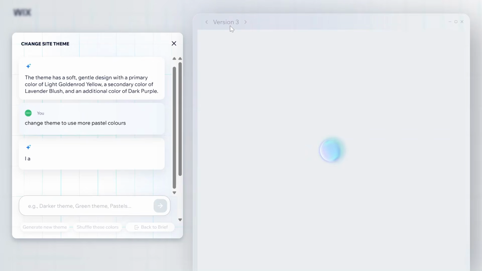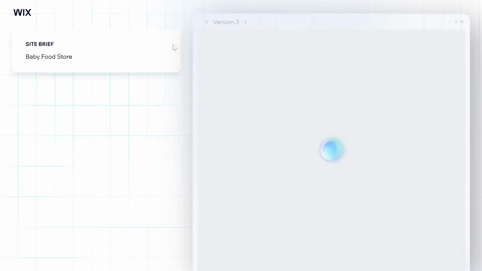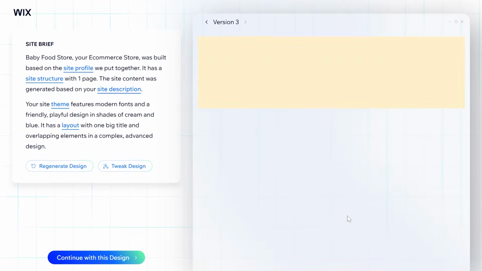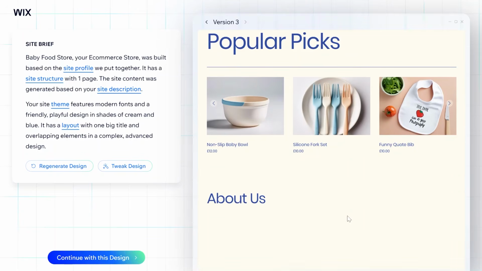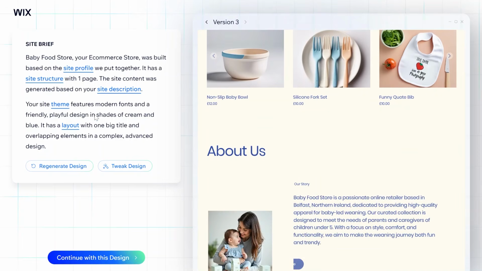So this is our version 3 of our website. And we just X out of this one. So baby food e-commerce. The site brief will continually change with every tweak that you make. And then regenerate design will just allow you to regenerate the whole website and give a new template as well. And okay, so now the theme has updated to use more of the pastel colors,